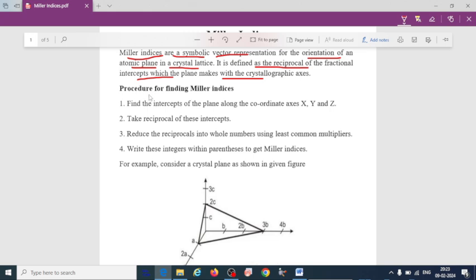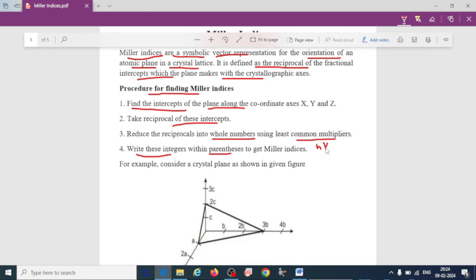How can we find the Miller indices? There is a procedure. The first step is to find the intercepts of the plane along the coordinate axes x, y, z. The second step is to take the reciprocal of the intercepts. The third step is to reduce the reciprocals to whole numbers using the LCM, the least common multiple. Then write the integers inside parentheses to get the Miller indices. So usually Miller indices are denoted by